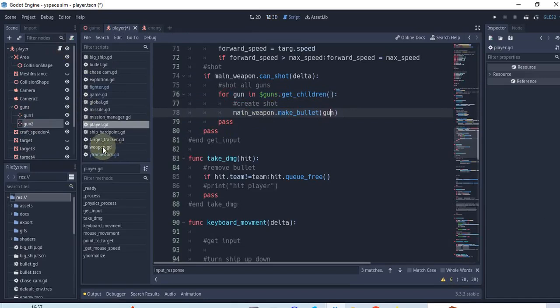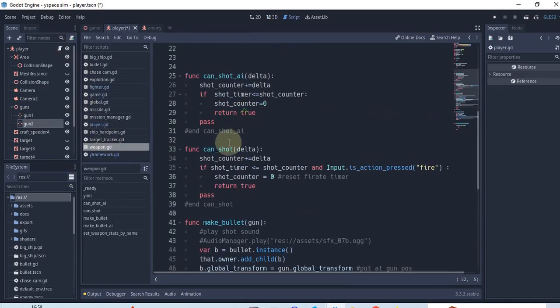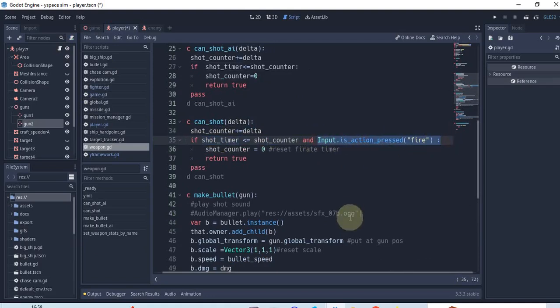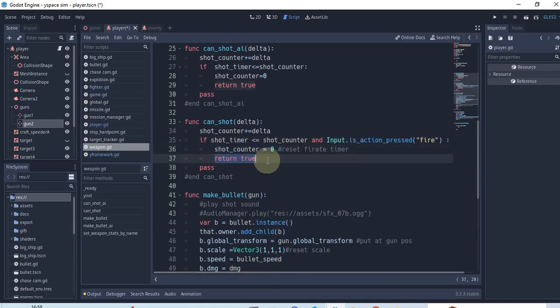Let's go to weapon and show you what can shoot does. Can shoot, it has a timer. That's the logic of the timer. It adds the delta, and if the timer counter is bigger than the timer's value, it returns true. And it also checks if you pressed fire, like the mouse click. If it does, reset the timer and return true. Basically, if you click shoot and the timer is not done, the fire rate timer is not done, you won't